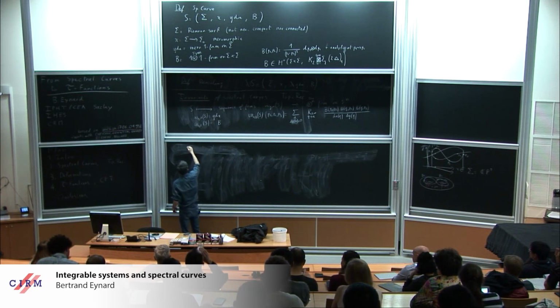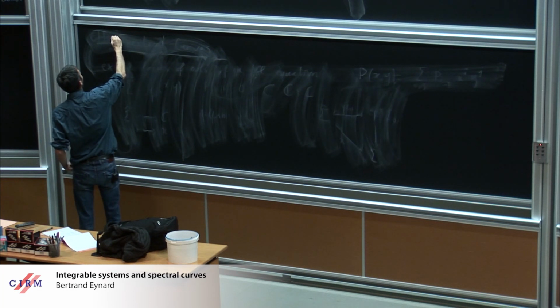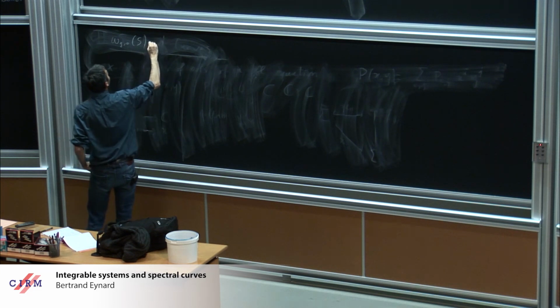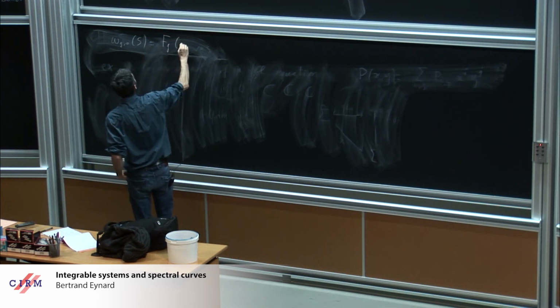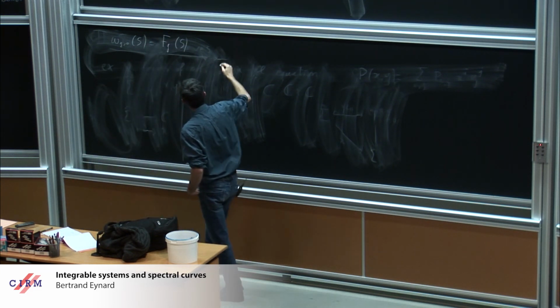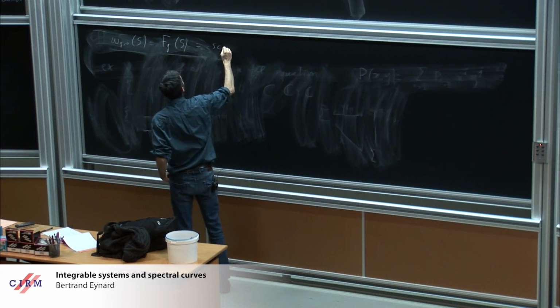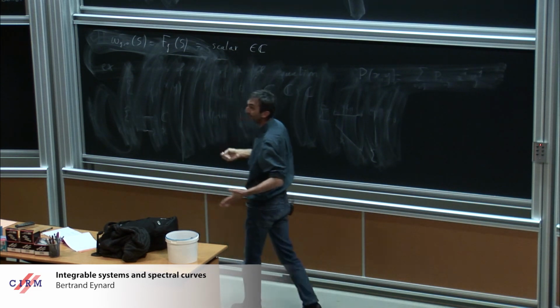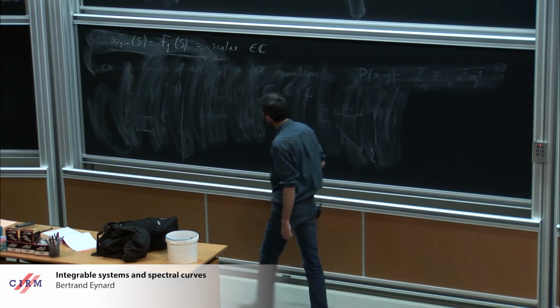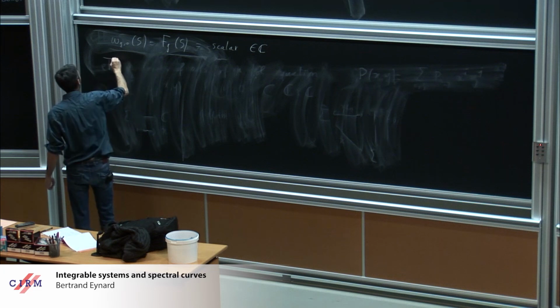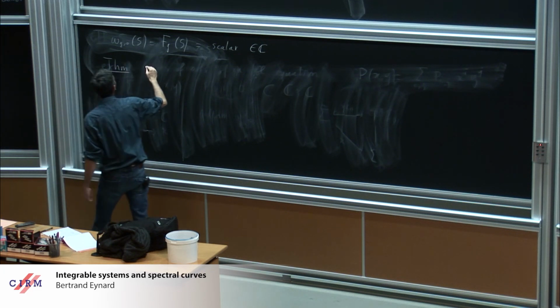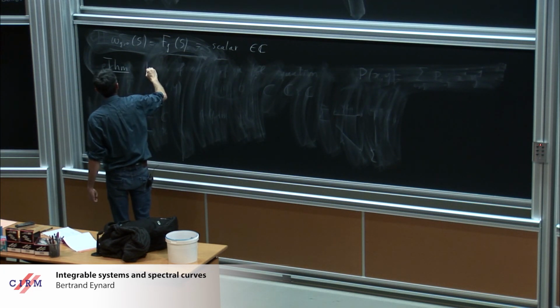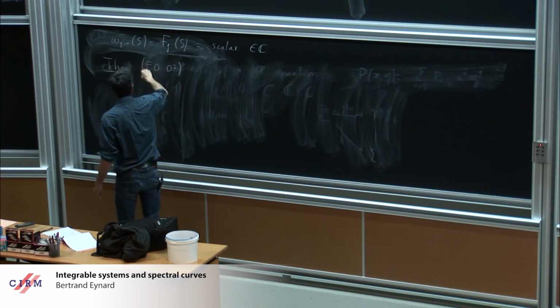So let me say that omega g0 of S is often denoted fg of S, that's the usual notation, and it's a scalar. So it's just a complex number. It's a zero form. It does not depend on the point. And there are a few theorems that are useful that I will use in this lecture, which we proved with Orentin in 2007.